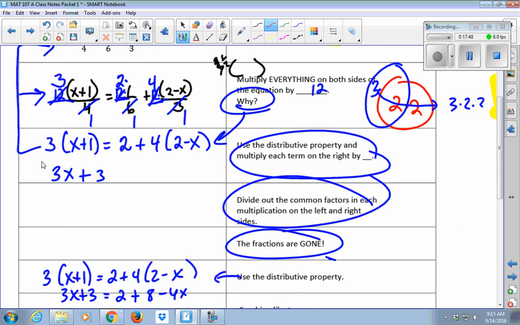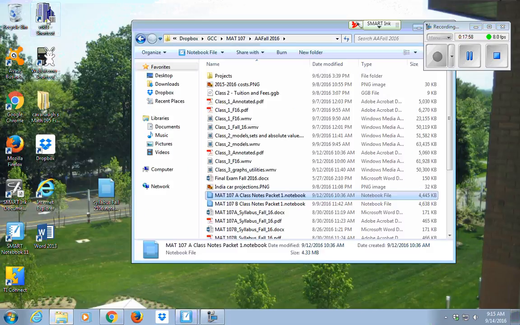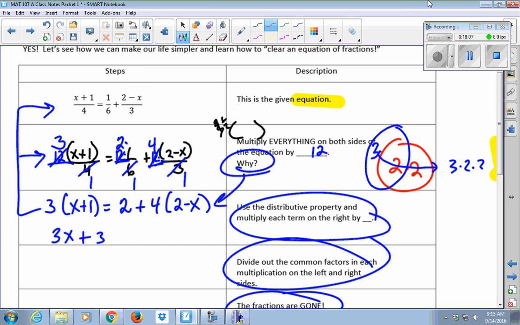Solve graphically. What the heck do I mean by that? Solve this graphically. Wow, how would I do that? Well, we talked the other day about graphing calculators and finding solutions. So let me just show you how you could do this graphically. What you would do is you would take,